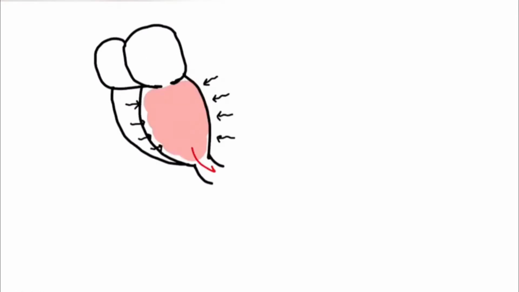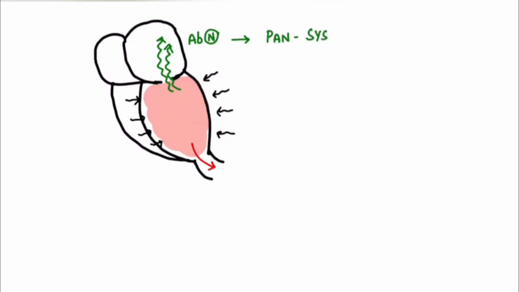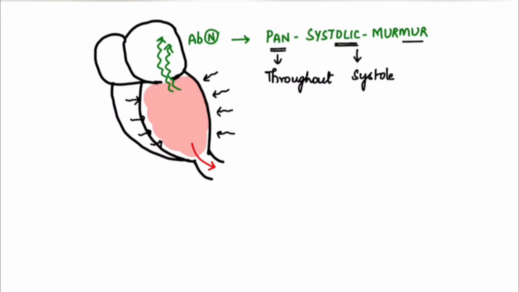Now let's suppose this is the left ventricle and the aorta that is opening out, and when there is a left ventricular systole, that is left ventricular contraction, blood flows into the aorta. And when there is an incompetent mitral valve, it also flows back into the left atrium, which is abnormal. So as long as there is systole, there is also backflow of blood into the left atrium, leading to an abnormal sound throughout the systole known as the pansystolic murmur. So pan means throughout. So throughout the systole, there is a murmur. This is known as a pansystolic murmur, or it is also known as a hollow systolic murmur.